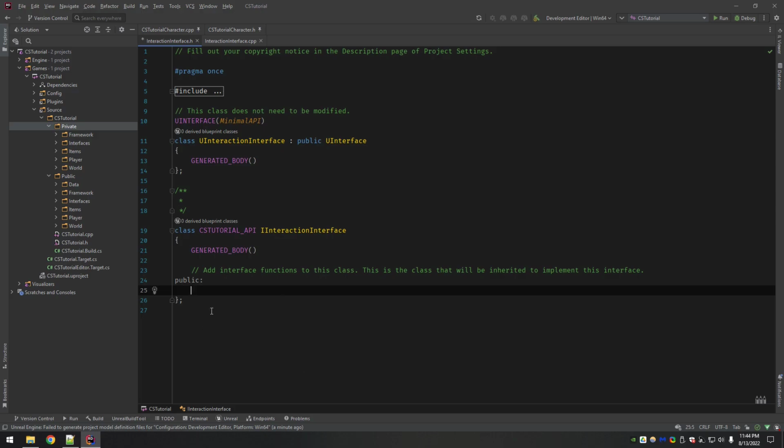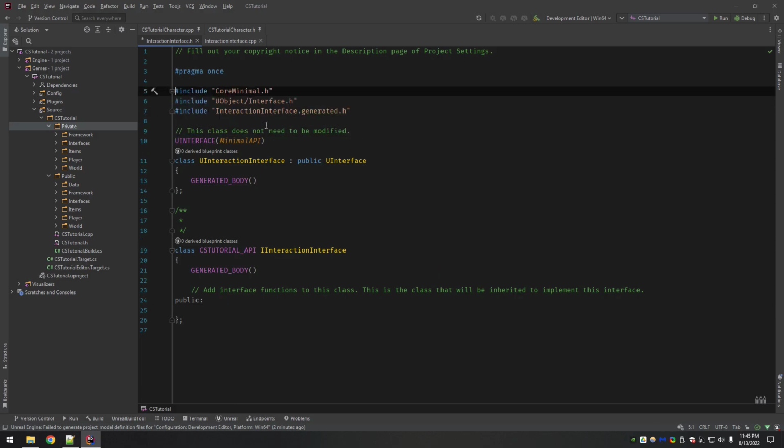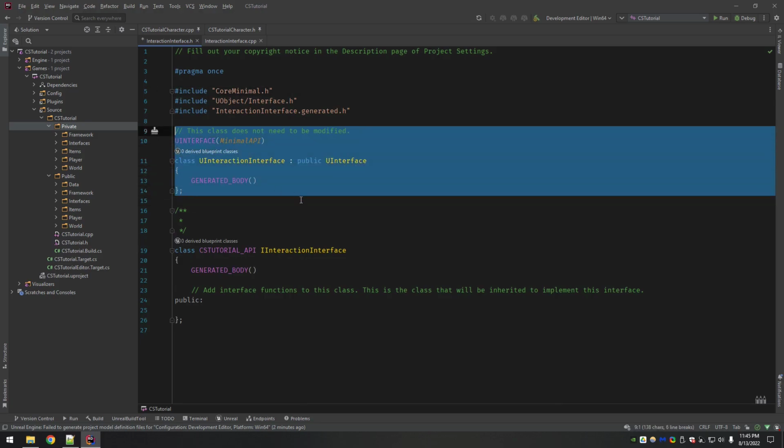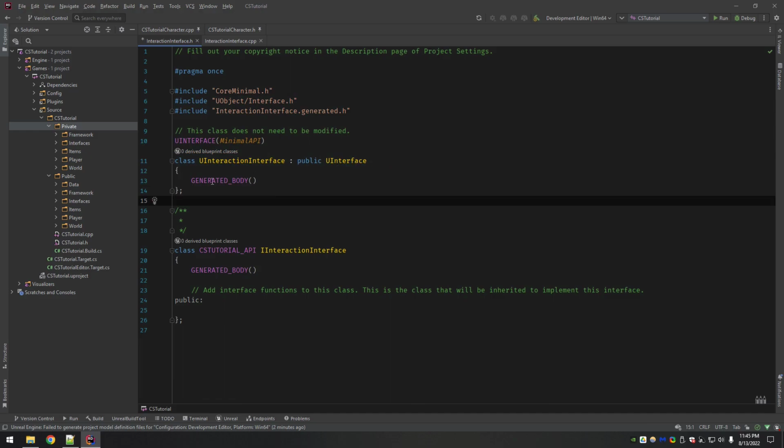In Unreal it's a little bit different, because you can pick and choose. If you inherit from this, you have access to everything that's in the interface, but you can only implement what you need. You'll notice there's two things here, which is a little different from what it typically does. It says right here, this does not need to be modified. I don't know the reasons for this, but it creates this U version, like a UInterface class.